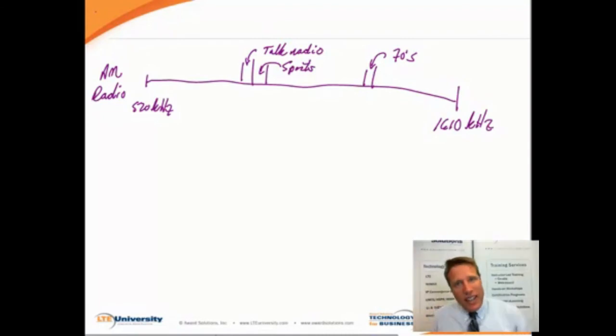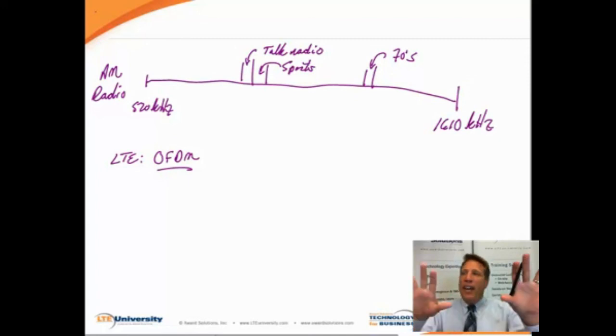Now you may know that LTE is based on a technology called orthogonal frequency division multiplexing, or OFDM. Those of you familiar with the cellular industry know that in our 3G world, the technologies are based on CDMA, code division multiple access.